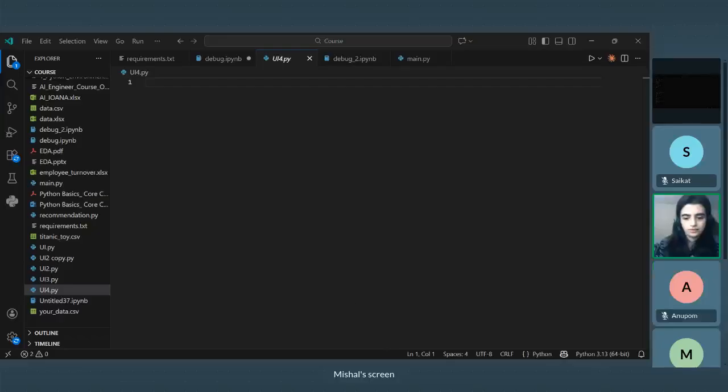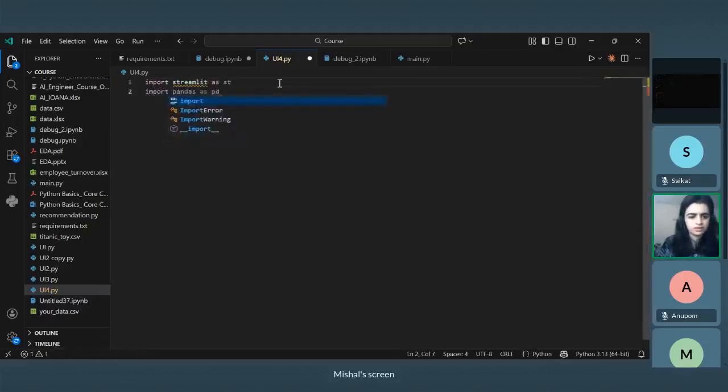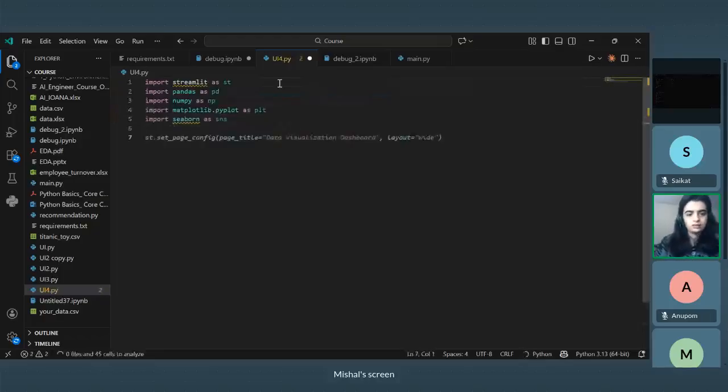Okay, so first of all, we will import Streamlit as st. And then the basic ones, like we need pandas, NumPy, yeah, matplotlib too, and maybe Seaborn. Okay, not any other thing right now. Yeah, it is giving us suggestions also. So we are going to make